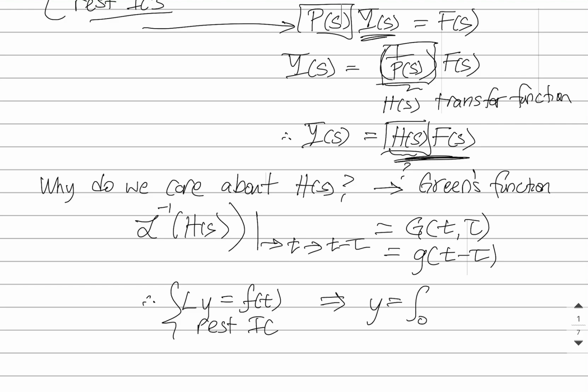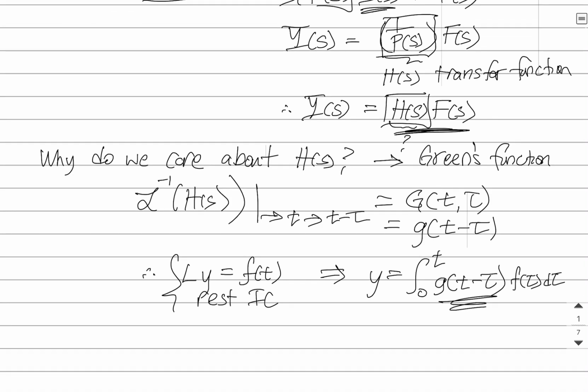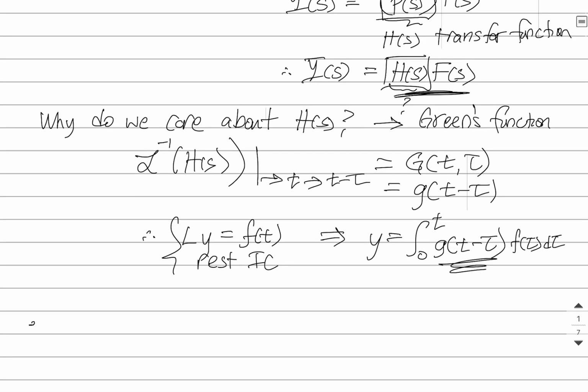a convolution. And it's really nice because the Green's function encodes all the information about the left-hand side, the right-hand side directly plops in like this, and we're done. So it is of key importance for us to find the transfer function. So then the idea here is, in order to make our lives easy, so to make it easy to find the transfer function,